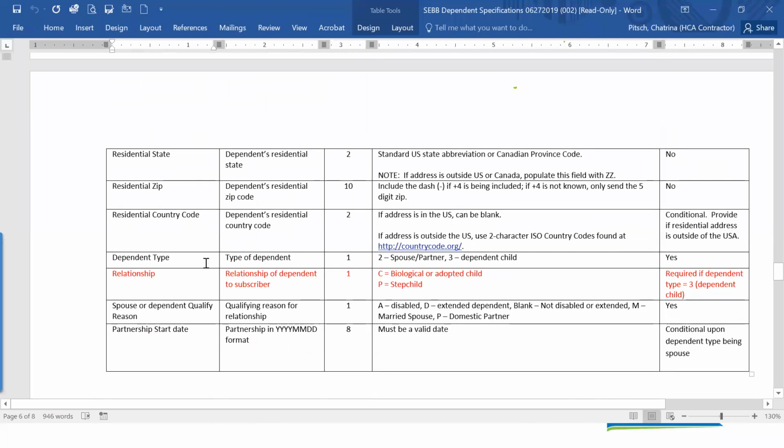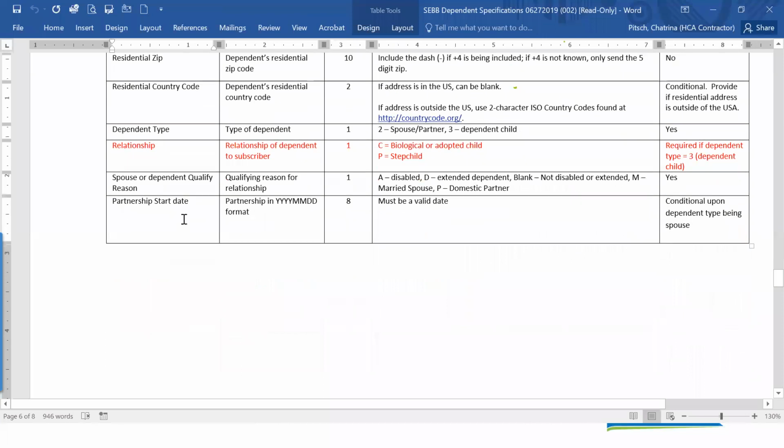And then some additional values are included in this file. We have dependent type. Are they a spouse, a partner, or a dependent child? We need the relationship of the dependent to the subscriber, either biological or adopted child, stepchild. If the value reported for dependent is that of a child,